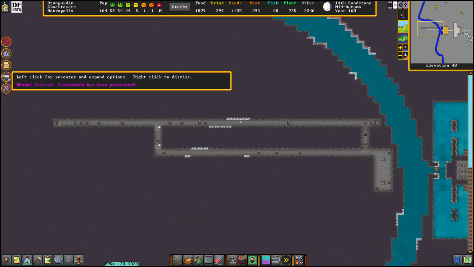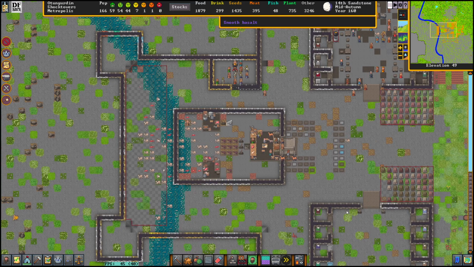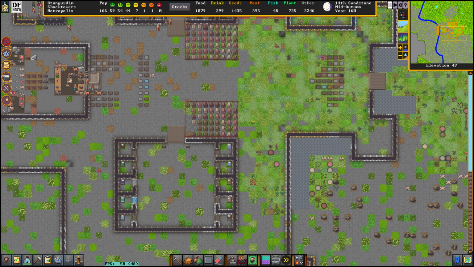Aha! The blacksmith has been possessed. And we got some migrants. Okay. Many things we need to do. First of all, let me read and separate by migration wave on Dwarf Therapist. And in the background here, I'm going to customization, set custom profession name,